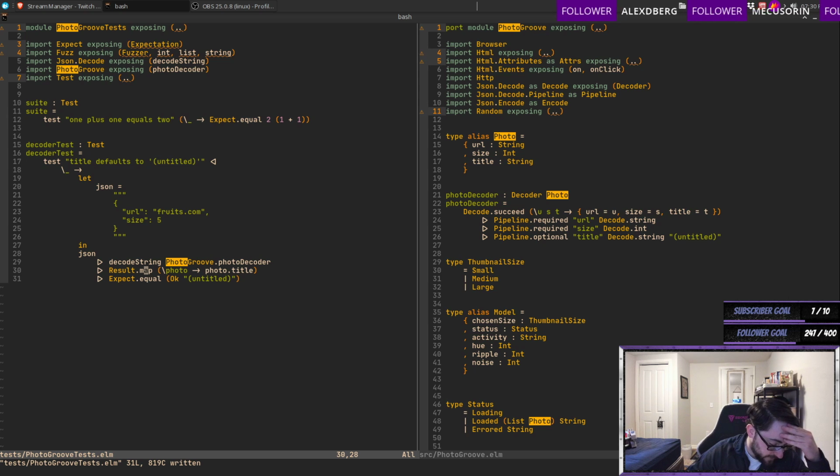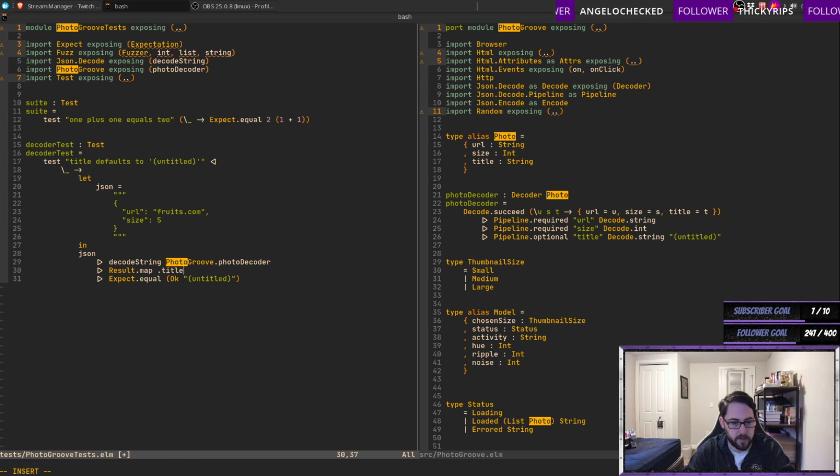We can make one more refactor to our test. Take a closer look at the anonymous function we're passing result.map. Oh, nice. There's a shorthand for this that's literally just .title. So that will rip out the .title from the object. I see why people like this language, because there's niceties like that. I mean, I guess that's very similar to a section. Wait, no, you can't do that in Haskell. It would be